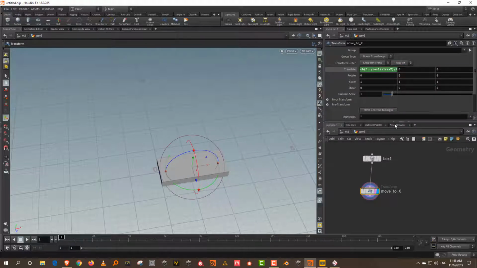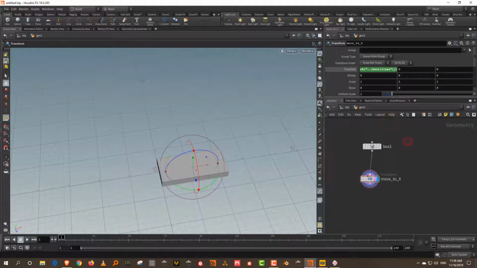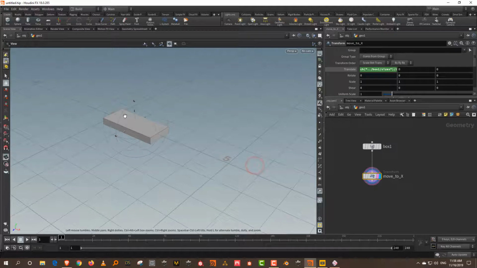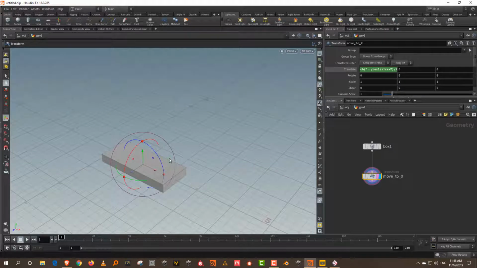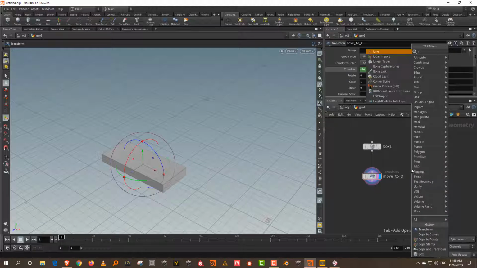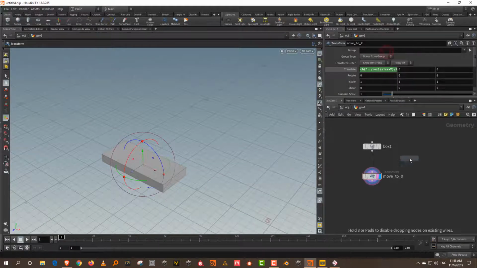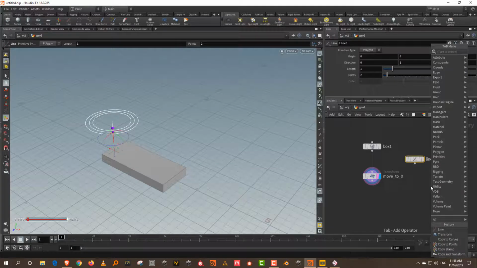So you have this. Now along with this, let's give it a stand on the side, like a railing. Then I can just take a line and manually place this.